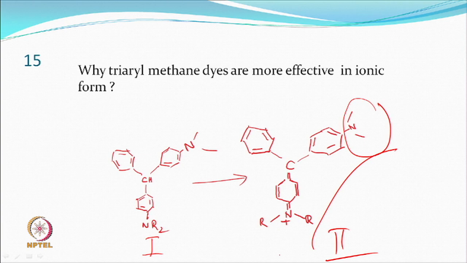So, we have seen, I have given you probably an example of phenolphthalein also. If it is not ionic, then it is a colorless material. So, if you want color, you go to the ionic state. It does not matter which type of thing you have, you create a condition where an ion is going to be created.